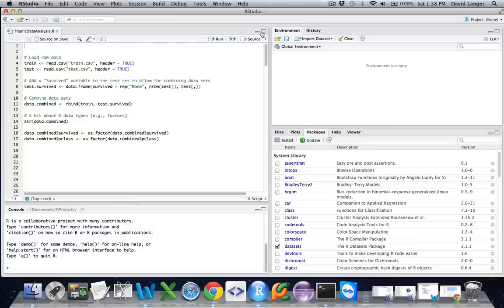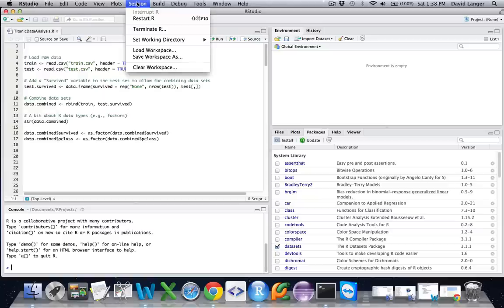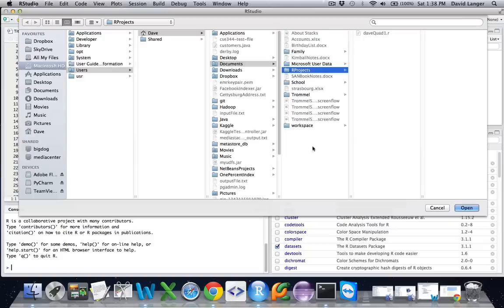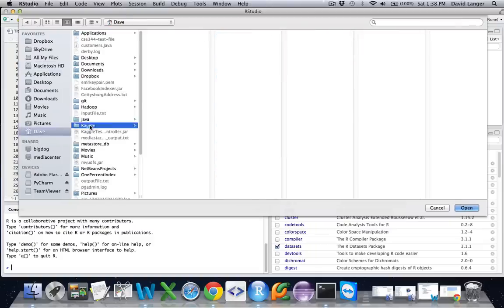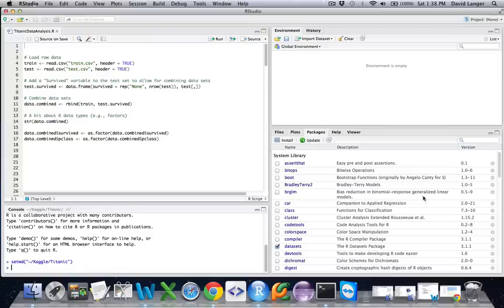So the first thing I'm going to do now that I've got RStudio set up is set my session. What this does is tell R where I've stored all of my data files, so I don't have to use full paths every time I want to work with a file. So I'm going to choose a directory here, and there we go. You'll notice down here that the series of menu clicks translated into some command line prompts for the R engine, which essentially said set my working directory to my home directory here on my Mac, Kaggle folder, and then the Titanic subfolder. Okay, cool.